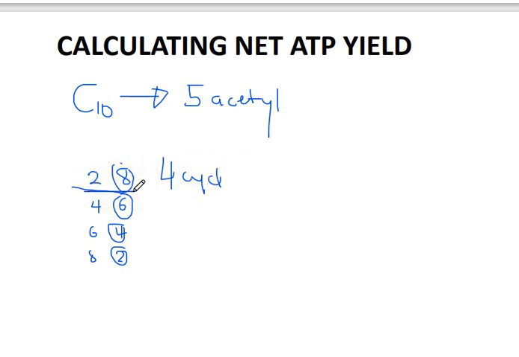The first cycle is this. The next cycle is this one. The next cycle is this. And the last cycle gives me what? That. Let's say I have